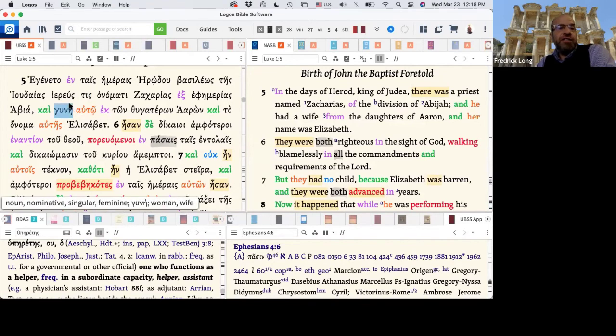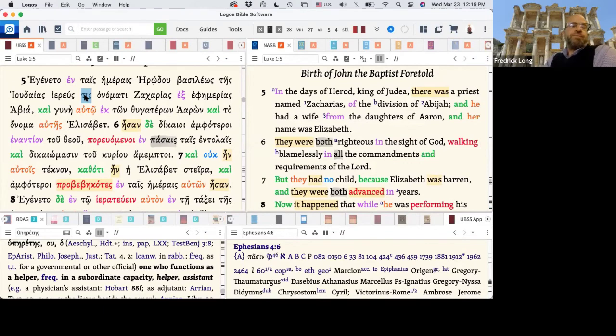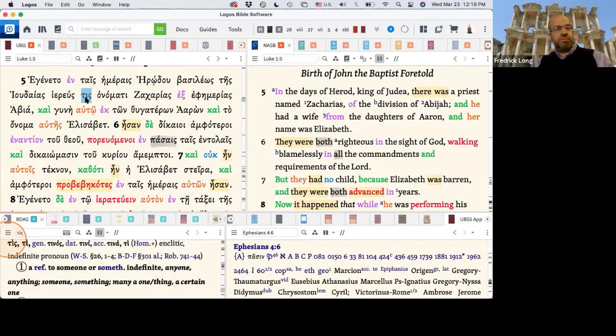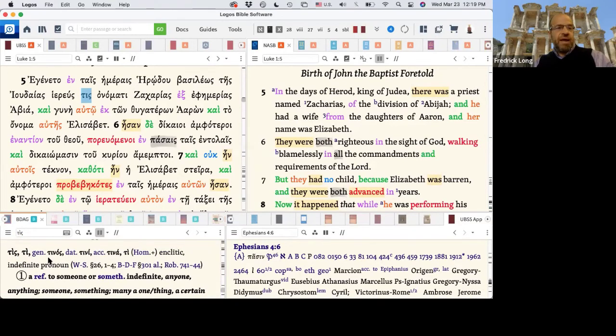Right, so like here, see, here's gune. That's what we'd normally expect. So this is how this word functions, and it's an indefinite pronoun. Right, so the indefinite pronoun usually doesn't have an accent. That's right. Sometimes it could have one, but never on the iota. And that's the difference: the interrogative pronoun, which looks like tis, has an accent on the iota. Right. Okay, maybe I'm just confused because I looked it up in BDAG and there's an accent. What is going on?